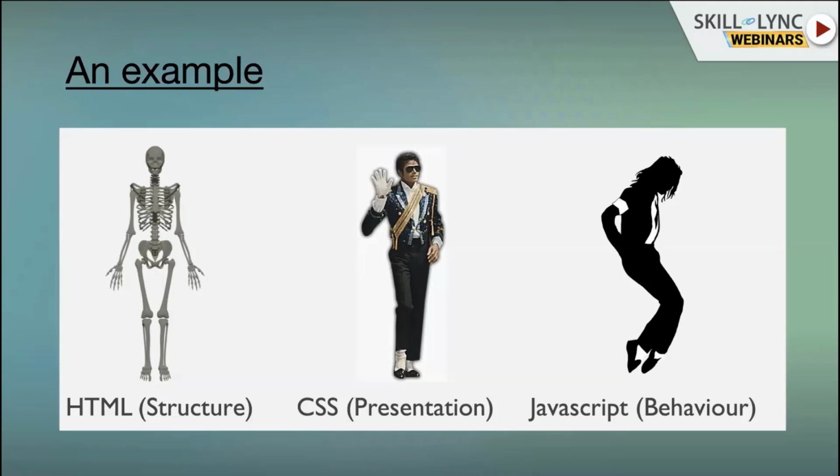So what you are basically doing is you are converting your content. Someone is giving you some content, so you take the content and you convert that into a structured form using HTML. After that, it will be raw text, like white and black, which is very boring. So you have to beautify that.